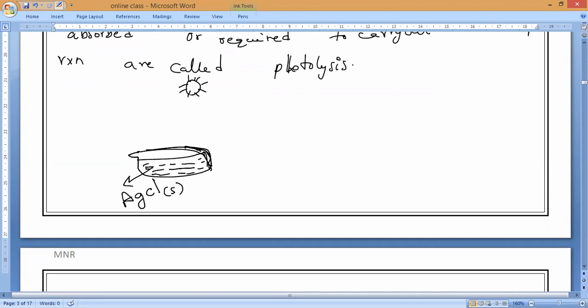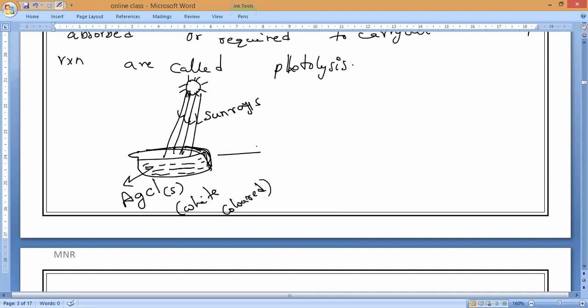Now, if we expose it to the sun, sun means what will come? Light will come. Yes or no, guys? Light plus heat will come. So, sun rays will fall. If the sun rays fall on this, then you can see that silver chloride is white in color. What is the color of silver chloride? White color. Do you understand? White. Now, once you expose it to the sunlight, once the sun rays fall on this, after some time